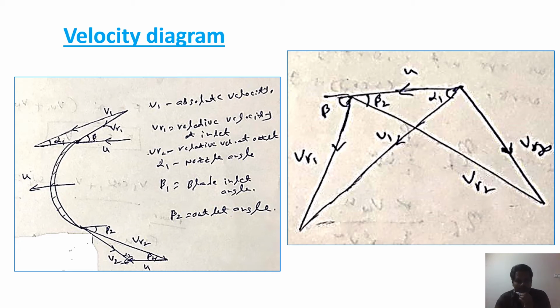Here you can see, u is the blade velocity. This is horizontal at inlet and outlet also. So I have drawn a horizontal line with the velocity u. U is the common. The next thing is